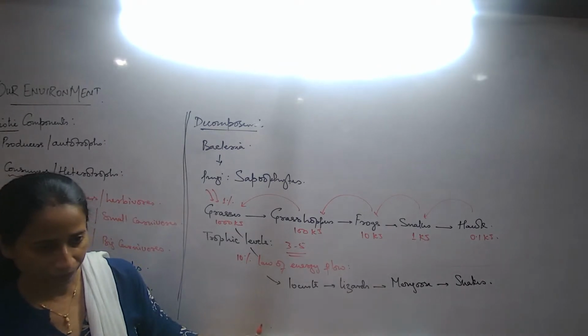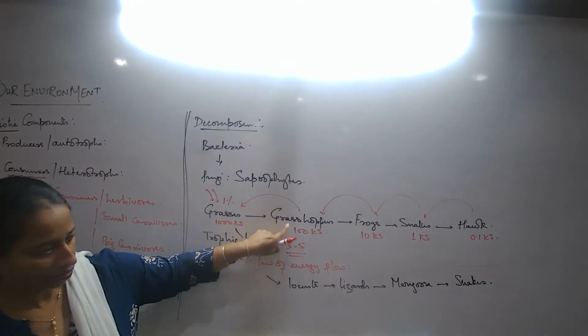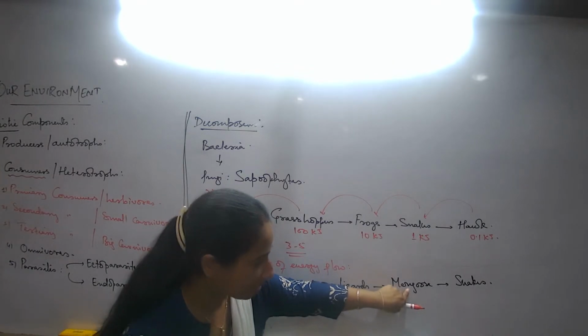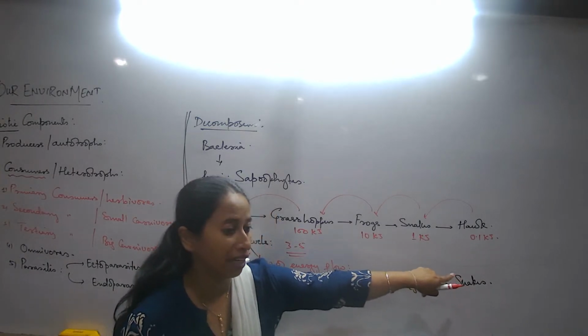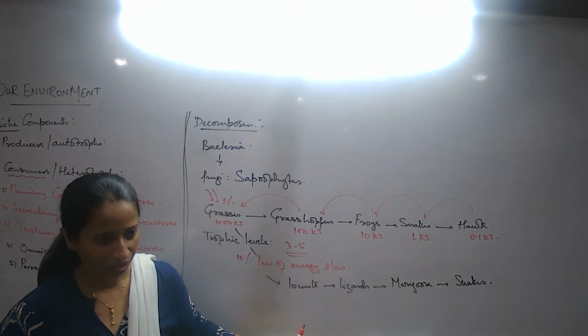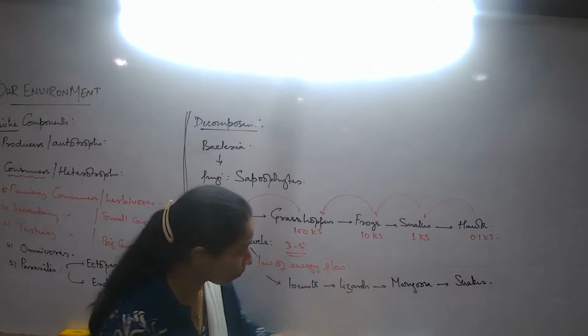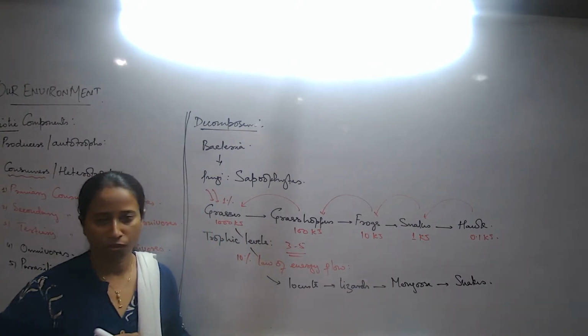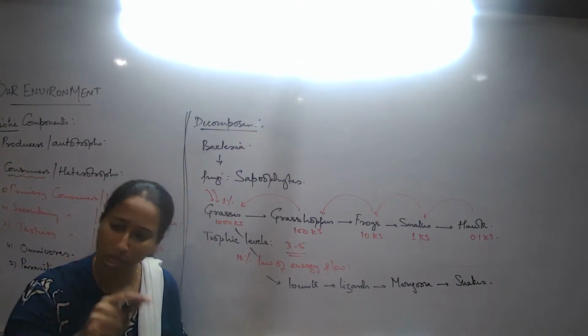If we write rat instead of mongoose, then, if you are writing rats here, the rats can be fed upon by the mongoose. That's how you can interchange, depending on what the chain is. So now try understanding: for us, do we always feed on only one type of food?